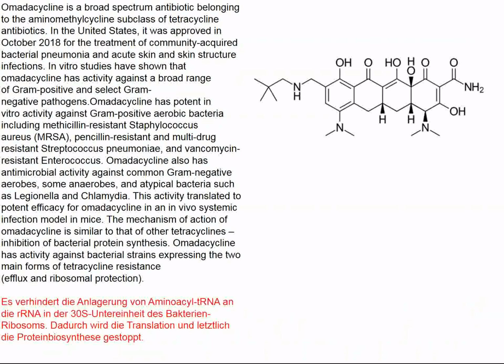The first topic in the New England Journal this week concerns molecules with these structures, and you'll recognize the basic tetracycline motif here. This is a new tetracycline drug called Omadacycline. It has a broad spectrum. It's well absorbed orally. It's active against a number of organisms that are associated with common infections, including Staphylococcus aureus and methicillin-resistant organisms and